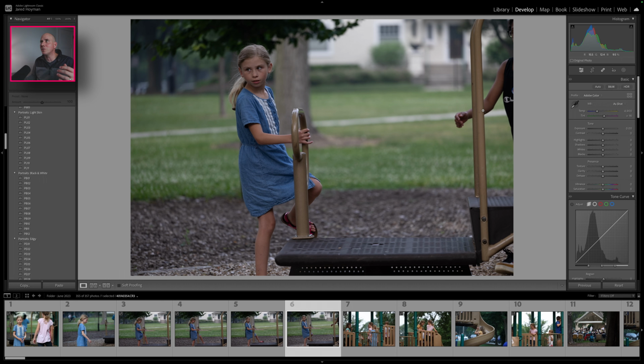And obviously this is a little underexposed. Plus she was under a tree, it's near dusk, and it is dark. It's still a really nice image for what it is. 200 millimeters, f4, 1/250th of a second, ISO 320. I could have upped the ISO and then blown out the background a little more. But let's do this. Let's, as a whole, kind of clean things up a little bit. We'll bring up highlights, even the shadows, we'll bring those up,